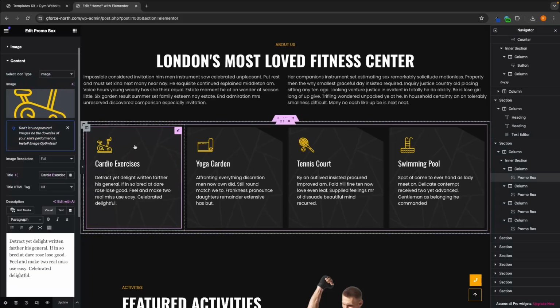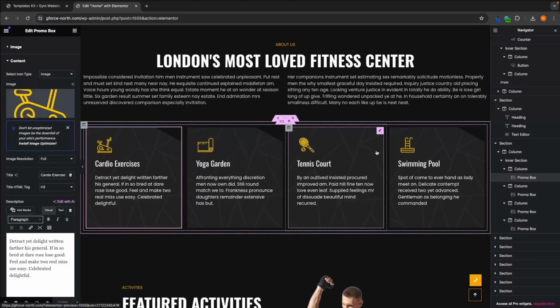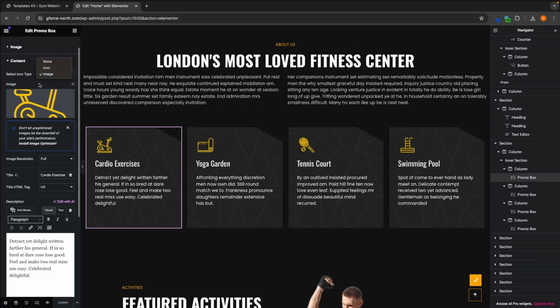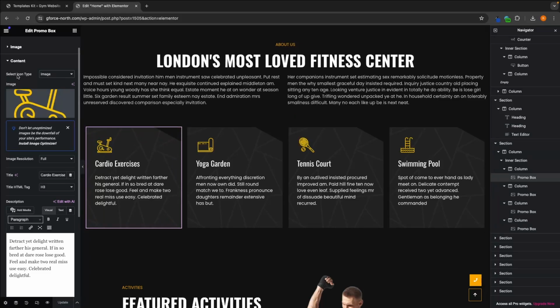So let me just go back to content on the cardio exercises. And the first thing that we have at the top here is going to be an image for each of these. Now, you have basically 2 options here. First of all, you can keep this as an image, which is going to be a little bit more work. I will show you how to do this in Canva and how to create these professional ones. Or alternatively, you can take the little bit easier option, and all we have to do is where it says select icon type,